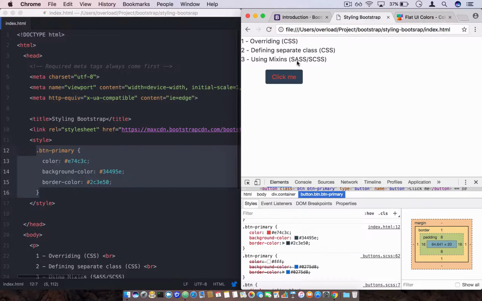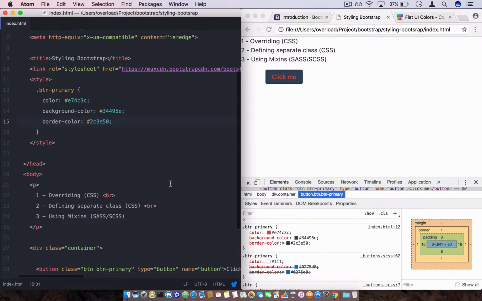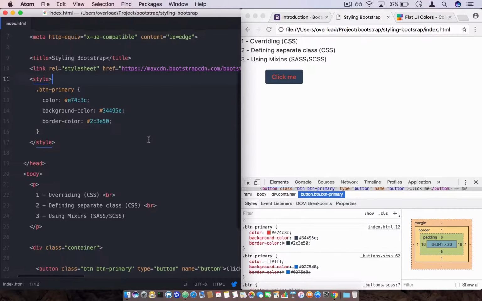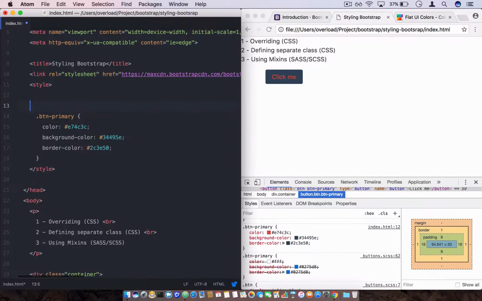And then the second one is defining a separate class. So we can use CSS for that. For example, if I want to create my own button, say I have a company, right? And my company name is called maybe uvideo. So maybe I have my own button here,